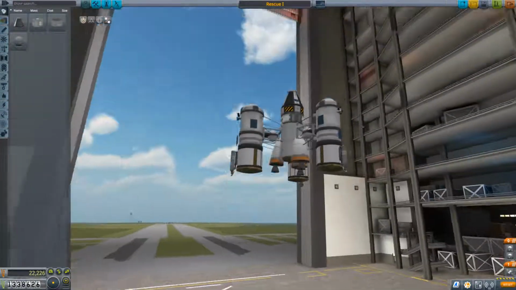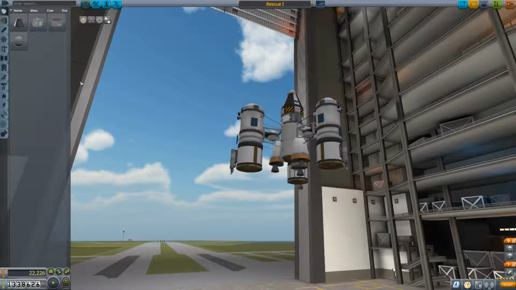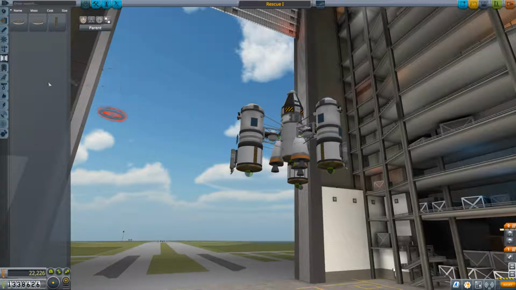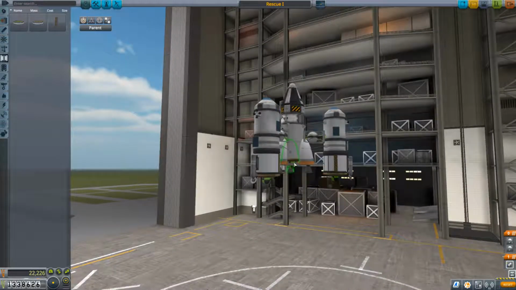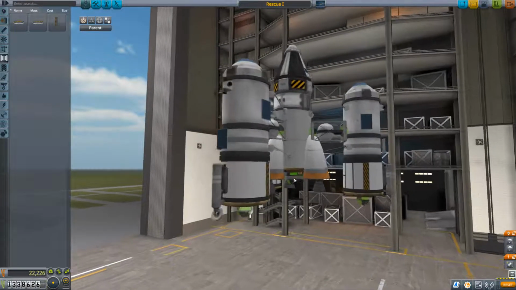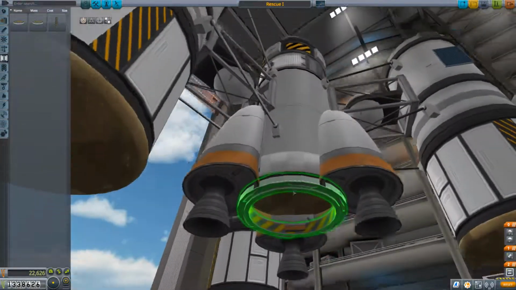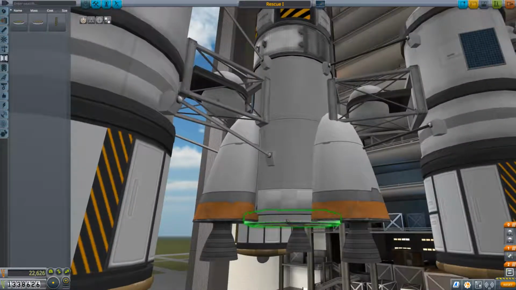So, it means we've got ablators in all these places. So now what we want to do is do some decoupling. Let's build the center stack first. Hopefully this doesn't interfere with those engines. Find out the hard way. We'll do a test in a minute. Alright, so let's build out...